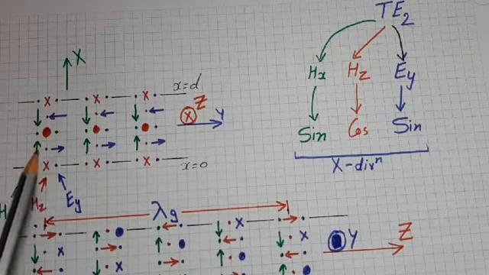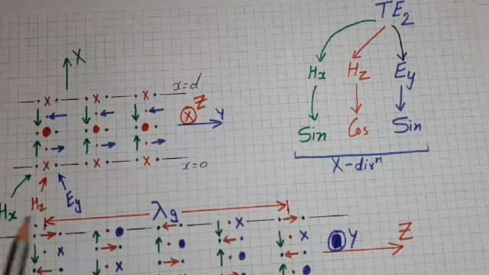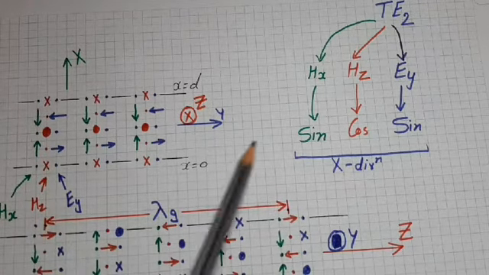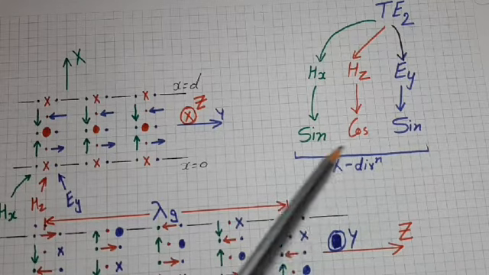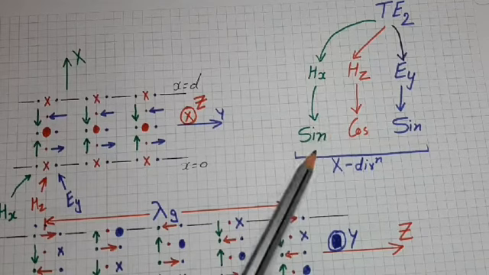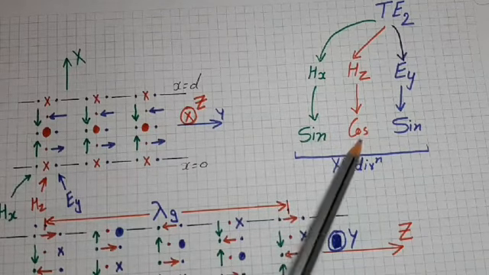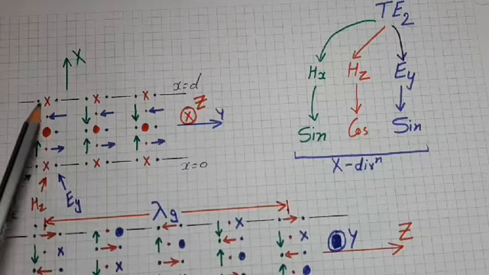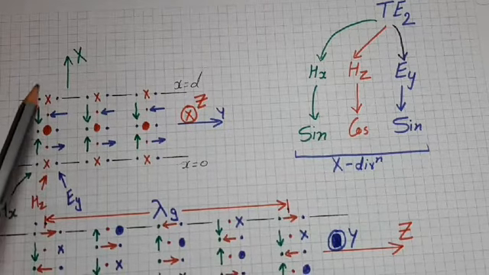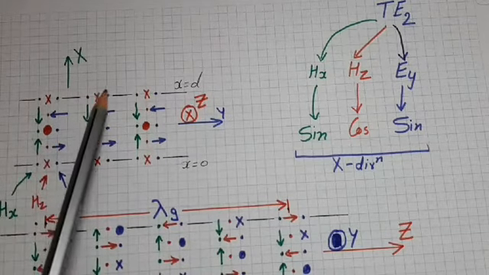So in this case also, we just have to remember hx, hz and Ey would have which function, that is sine function or cosine function separately. If it has sine function, then the field would be 0 on the boundaries, and if it has cosine function, then the field will be maximum on the boundaries. And because field is constant in y direction, so same pattern would repeat itself in y direction.